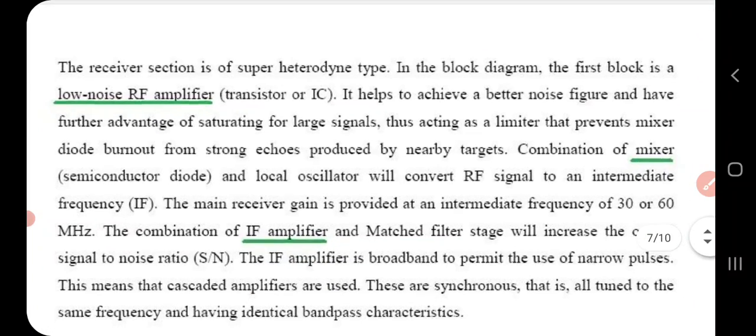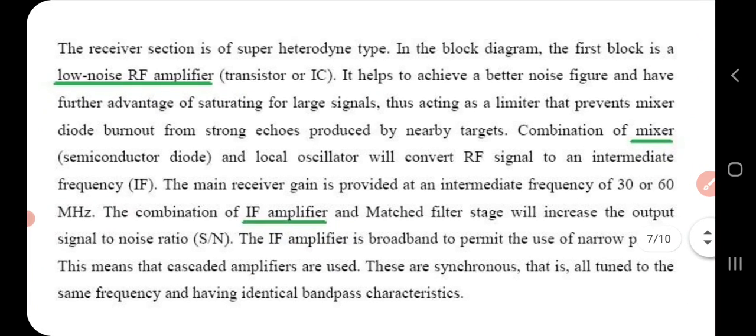Now what is this reception section or the receiver section? It is a superheterodyne type. Now in that block diagram we have seen the first block is a low noise RF amplifier that helps to achieve a better noise figure and has another advantage of saturating for large signals, and while doing so it will act as a limiter which prevents the mixer diode from burning out due to strong echoes produced by nearby targets,